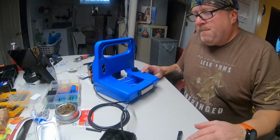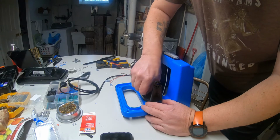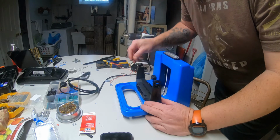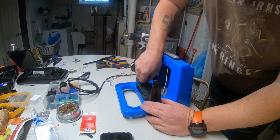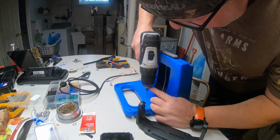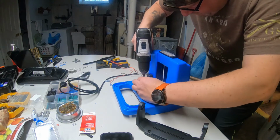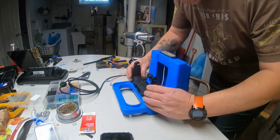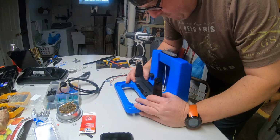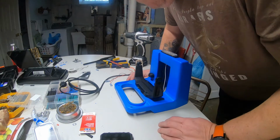Let me get this part buttoned up. Okay, time to mount the gimbal. My marker won't fit in there, so I'll be making my first mark like that. My second mark like that. Oh, I'm not speaking loud enough. Just making sure that's where it is, man. Measure twice, drill once. Matter of fact, I'm gonna do it the right way and mount that side up, and